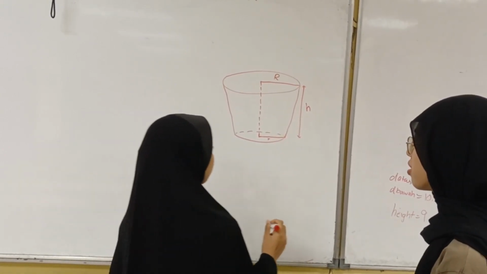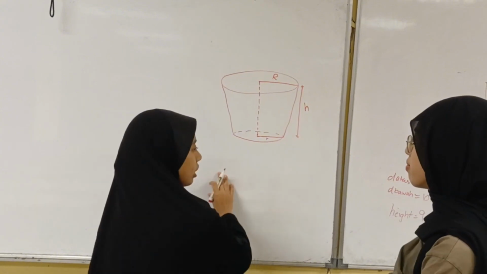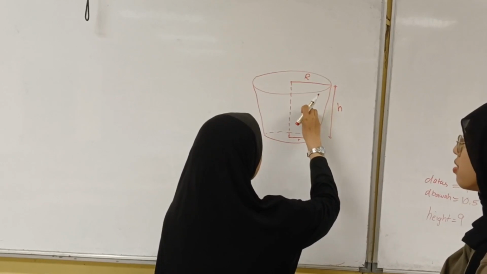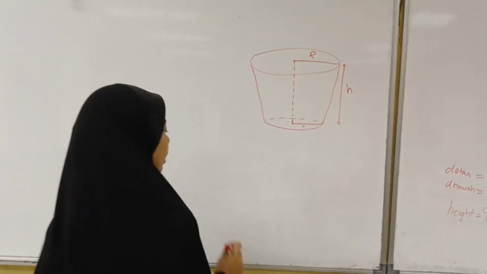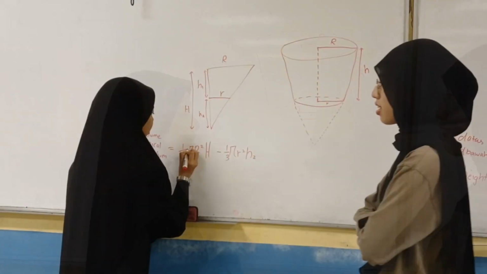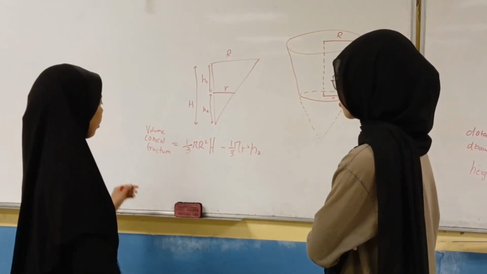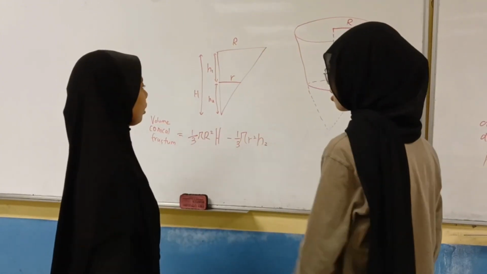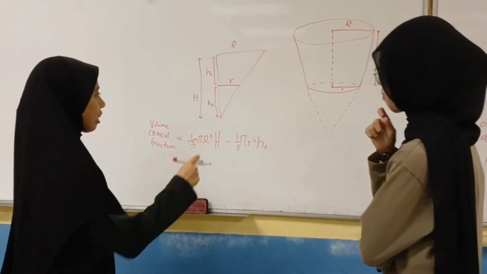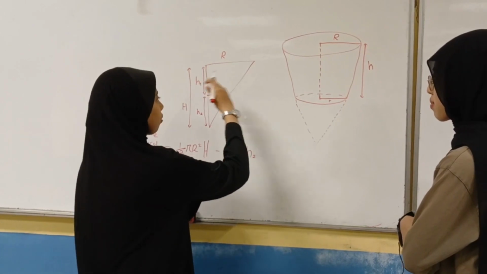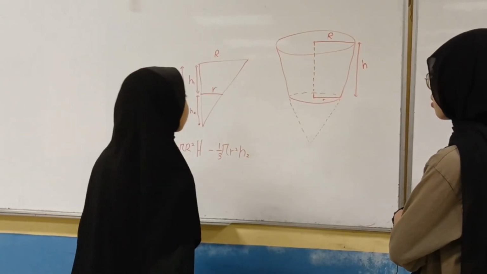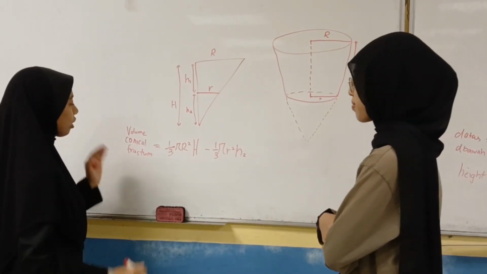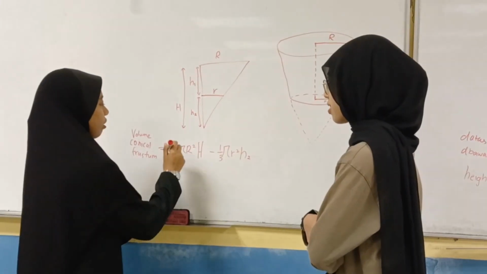You need to use the similar triangle formula to find the volume and the surface area. I see. Oh, so you put the cone inside the formula. Yes. So this is how to find the height for the big cone. Yeah, for the one cone. And this is the formula for the volume of the conical frustum. We need to use the